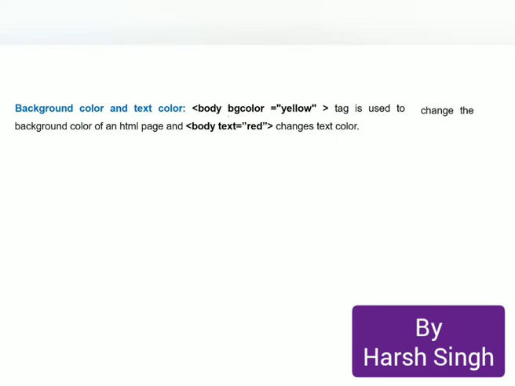Now the background color or text color. You want to color the page, the whole color you want to be yellow. So you can do bgcolor yellow. This is the tag which is very important to convert your white color into a certain color. And if you want to color the content inside, meaning the text, it can be done using body text equal to red. Please see this bgcolor and text, this has an equal to sign, and this is called the attribute. So this is an attribute with the double quotes.